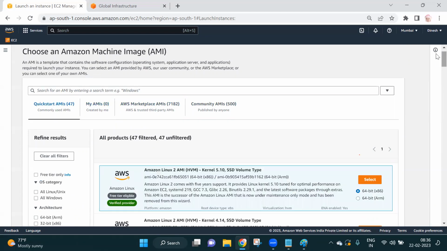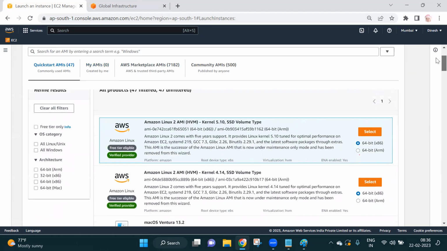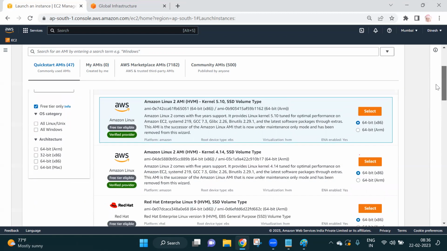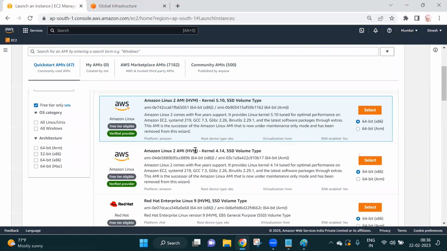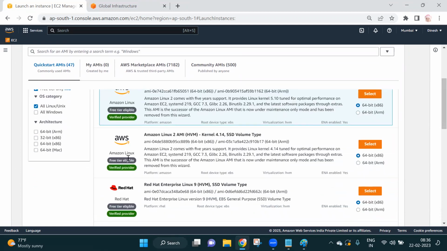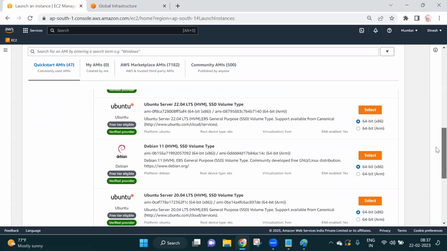But we are going with the free tier, right? We have to see free. On the left hand side, if you are not clicking free tier eligible, you have to bear the money, right? Let me click on this free tier eligible. When you click on free tier eligible, these operating systems are free tier eligible. Linux machine, this is free tier and this is free tier. And if you want only a Windows machine, you can click on this. So these are the free tier operating systems that you have in your AWS. Only those operating systems you can use for your practice.